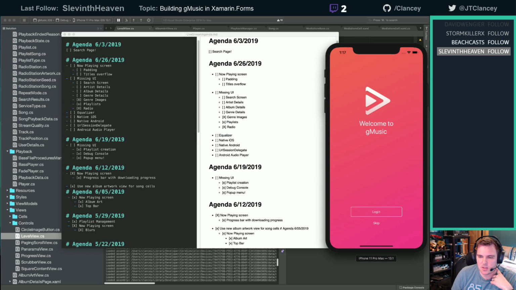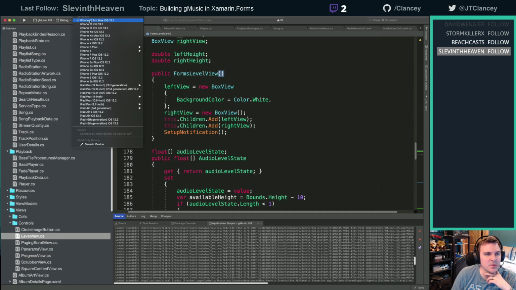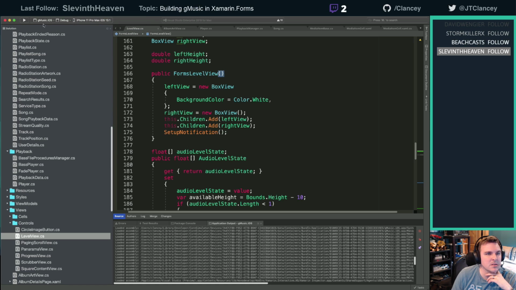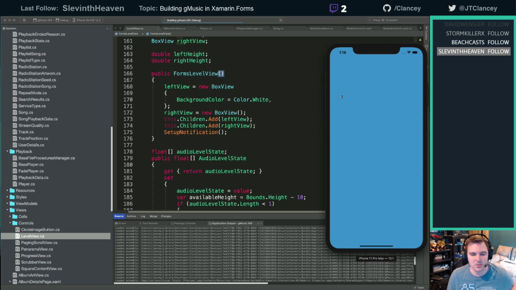Oh, come on. You're not logged in? Which simulator? Because this is the Pro. I've been doing it not on the Pro. I've been doing it on the XR. Right? XR or the XS? I think it's the XR. We'll see in a second. Let's close the simulator. Or I could just log back in. Probably wouldn't be bad to log in. Let's just log into this one while that one boots.